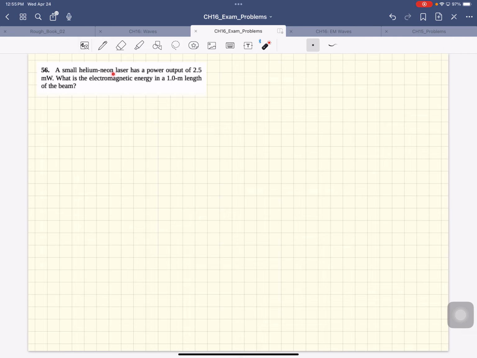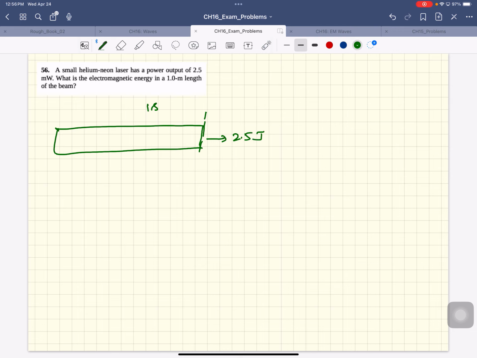A small helium neon laser has a power output of 2.5 milliwatts. What is the electromagnetic energy in a 1 meter length of the beam? Okay, so power output. Here's the laser beam, and in 1 second, 2.5 millijoules pass you by. Okay, so what this is saying is if you're standing there, in 1 second, 2.5 millijoules will